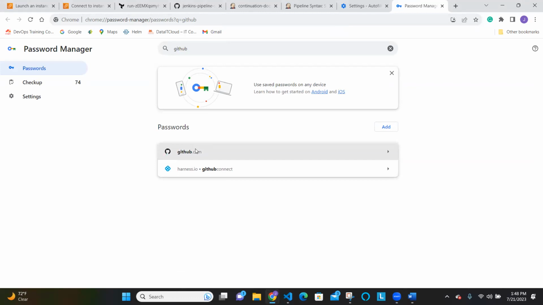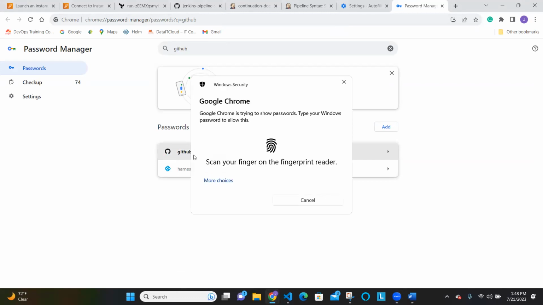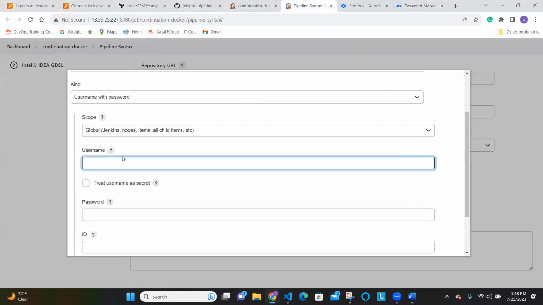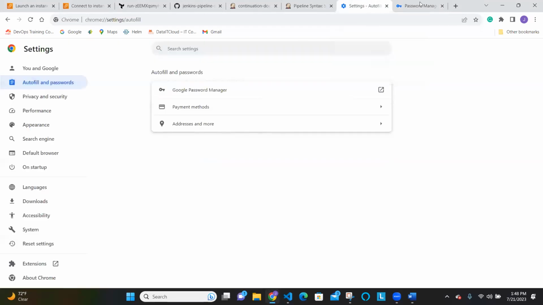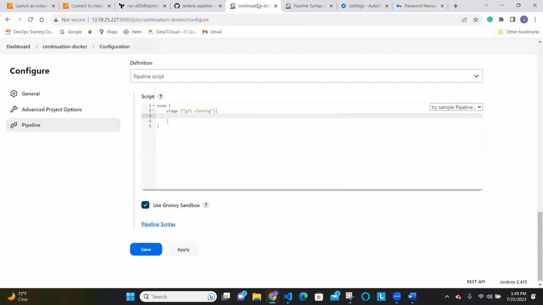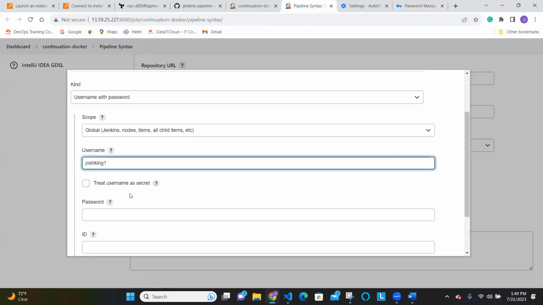Here it is. I click on it, and it's going to ask me for my fingerprint, which is fine. This is the username. So you come here to the pipeline and put the username. Then we come back here to the password. I'm not going to let you see it, but I'll just copy it as it is. Even though it's invisible to you, it's not invisible to